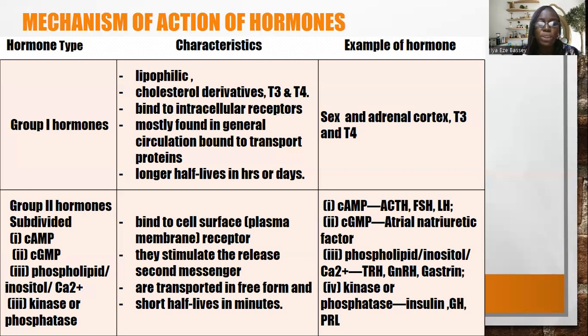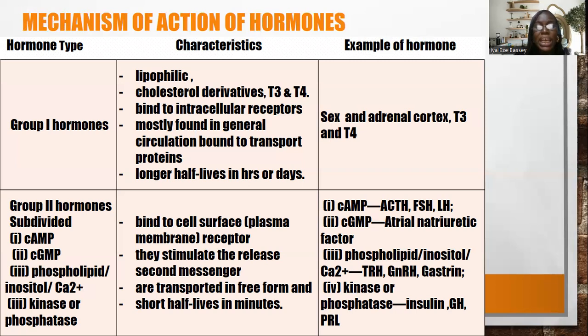The group 2 hormones are not lipophilic. They are lipophobic, so they cannot get across the cell membrane into the cytoplasm. So they have to bind to a surface plasma membrane receptor. And with that binding, they stimulate the release of a second messenger. And they are usually transported in free form since they are lipophobic, but because they are transported in free form, they have very short half-lives of minutes,